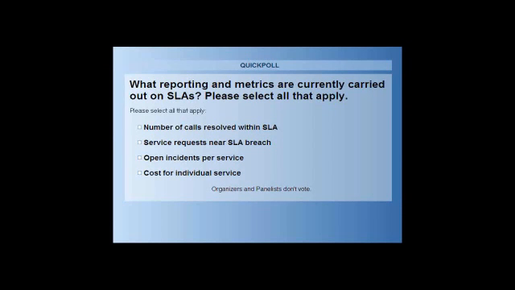Another poll question. So we're just asking here about the SLAs that you currently have. What type of reporting and metrics